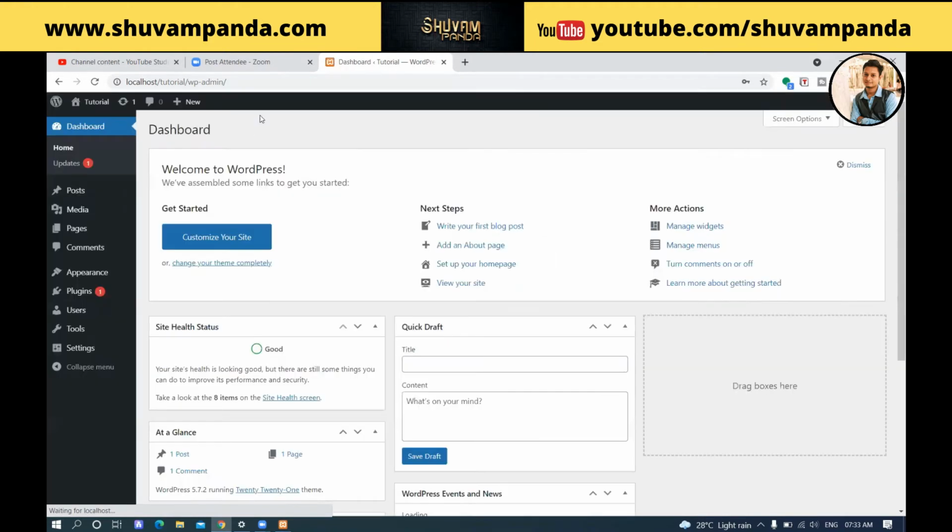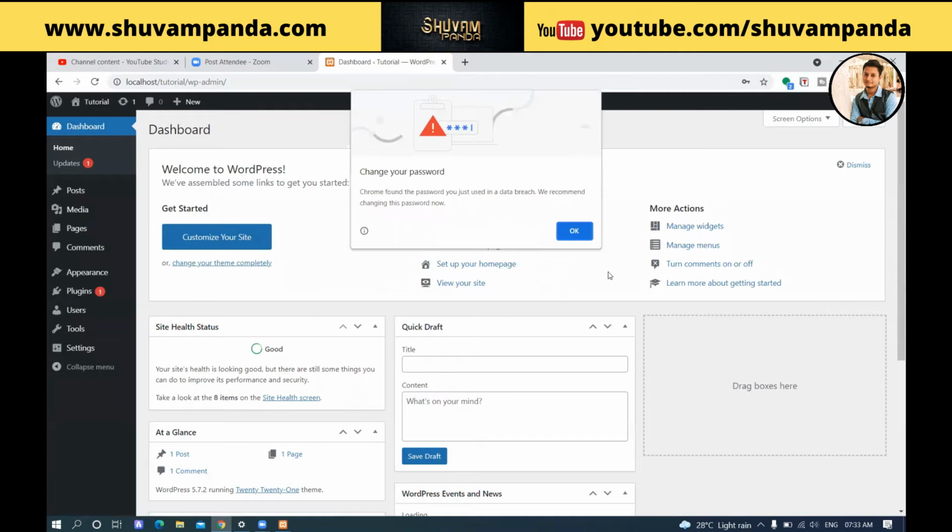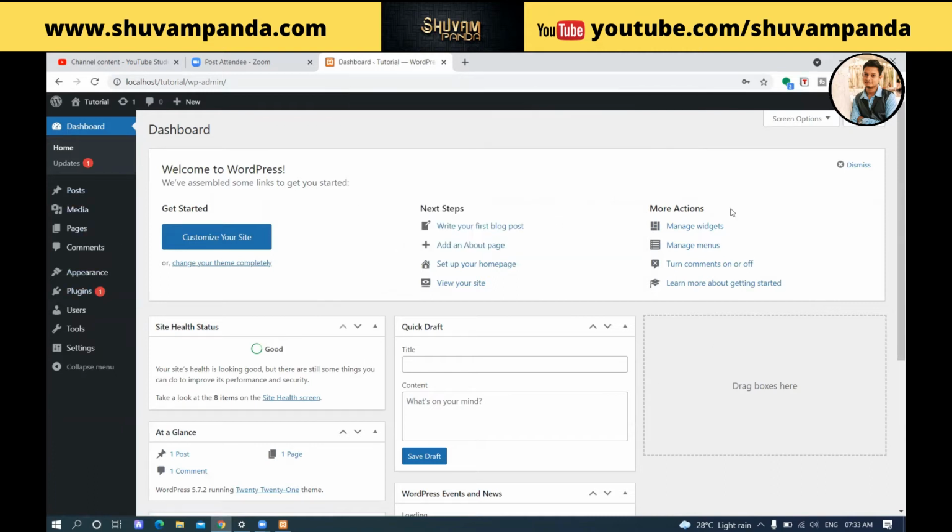Here you can see the dashboard. This is the dashboard of the WordPress website. You can change and modify the complete website from here. This is not the front end panel, this is the admin panel. Only the admin, owner, editor or developer of the website can see this panel after logging in. No other visitor will see it.